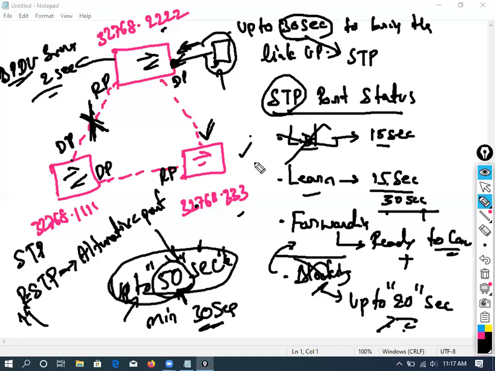Learning you have, right? No, it's very simple. Why should I spend 15 seconds to listen? Every 2 seconds a switch sends a BPDU, right? Once I receive the first BPDU, I can assume that you connected to a switch. Why should I waste a long time? It does not do anything. Someone is connecting to me, let him send something, then I learn. Yes, it's like that.